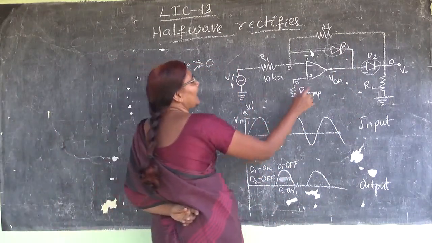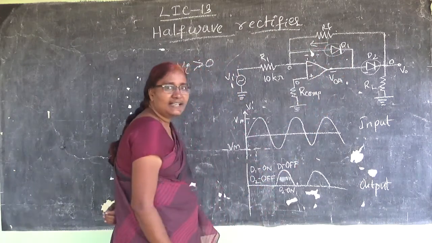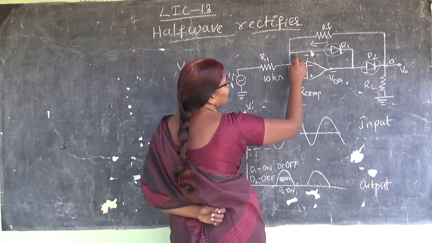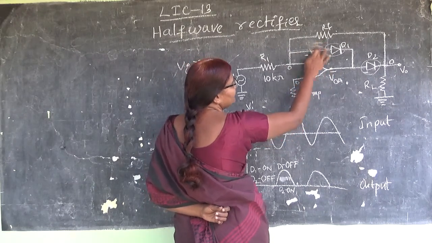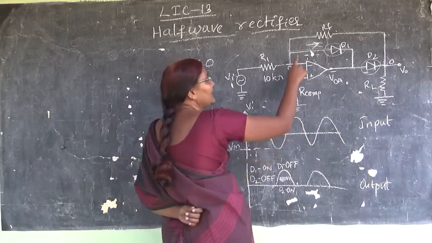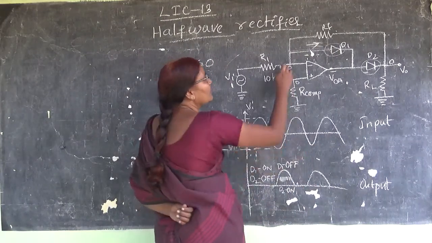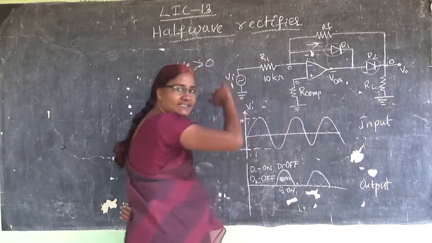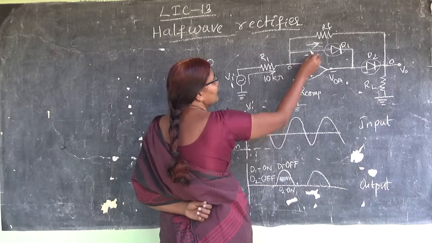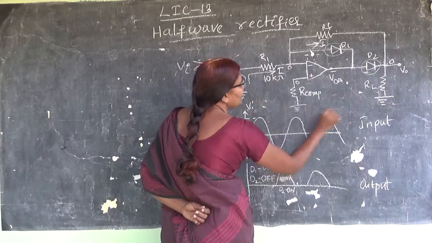So if I am getting a current which is flowing in this direction, then I should get it in this direction. That means if it is forward biased, the current should flow in this direction. So the current flows in this direction because of forward bias. If it is flowing, then that current has to come from somewhere, right? So the same current will flow in this direction. So this is I and this is I. The circuit gets completed from here to here.